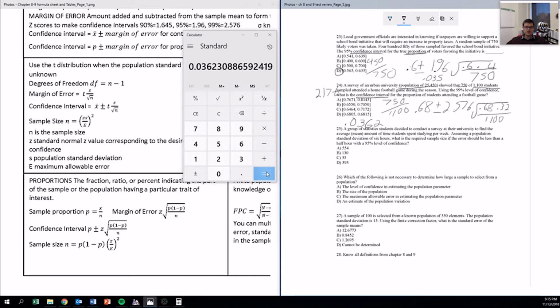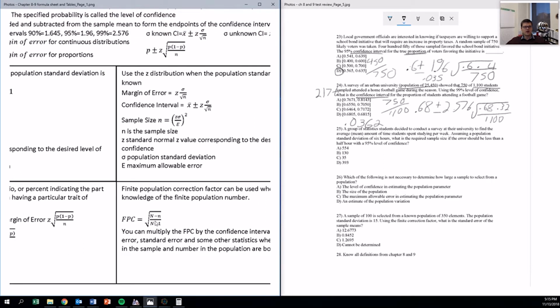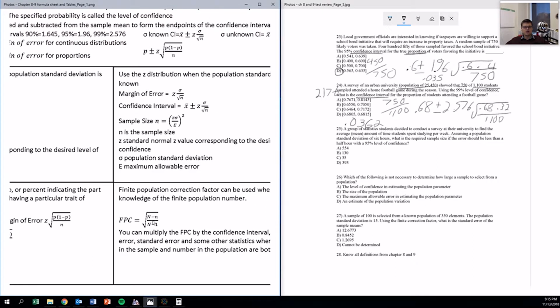And you do that by doing the population minus the sample over the population minus 1, and you take the square root of that. So the population of 25,450 minus 1100 over 25,450 minus 1, you take the square root of that,